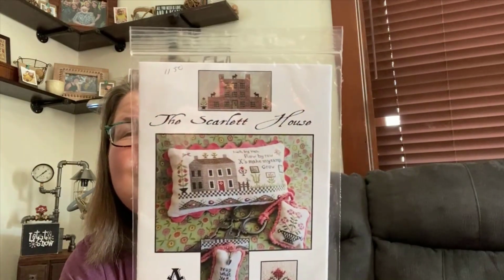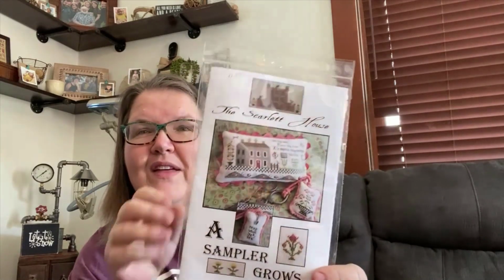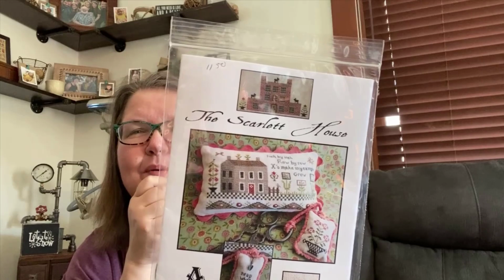I was watching Lori Holt, and I saw that she had this pattern that was going to be one of her new starts. This is from the Scarlet House, and it says A Sampler Grows. I think it's so cute. The saying on it says, inch by inch, row by row, X's make my sampler grow. I want to do a couple smaller things, and I love things with houses. I mean, who doesn't? But the only thing I was so disappointed in is when I got this,